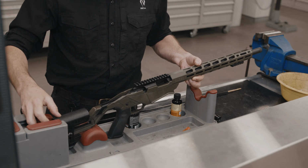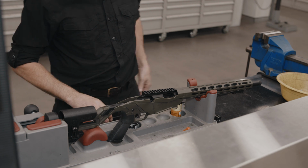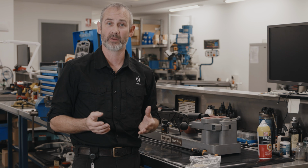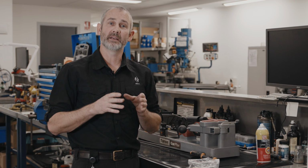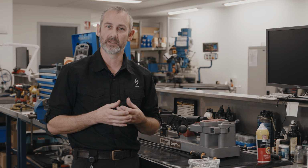So as I suggested earlier, the 22 LR projectiles are simply lubricated with a wax. Now, some more than others, and they're pretty much all different. They don't always work together. Let's say we've gone from Winchester ammunition to CCI ammunition. There will be a period there where the barrel needs to settle back into the new lubrication. I would suggest that first 5 to 10 shots in changing ammunition will be a little bit topsy-turvy